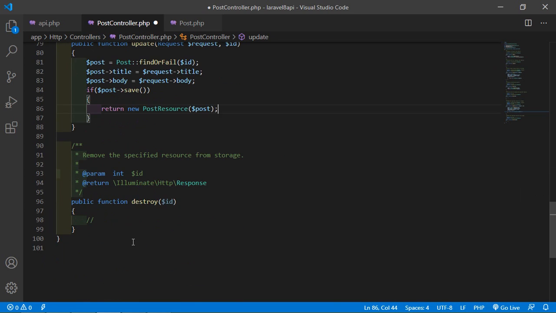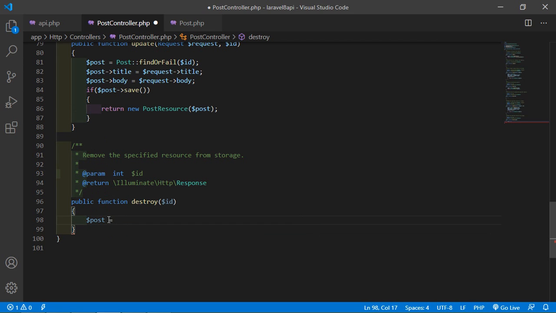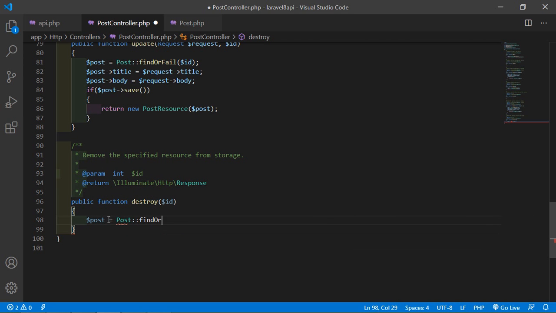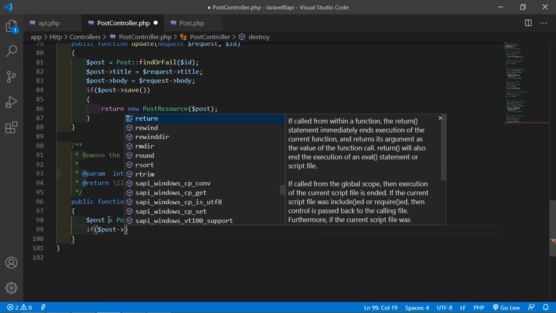Alright, and for deleting the post, inside the destroy method just write here $post is equal to Post::findOrFail, and inside this just pass here $id, and inside the if statement $post->delete, just call the delete function.